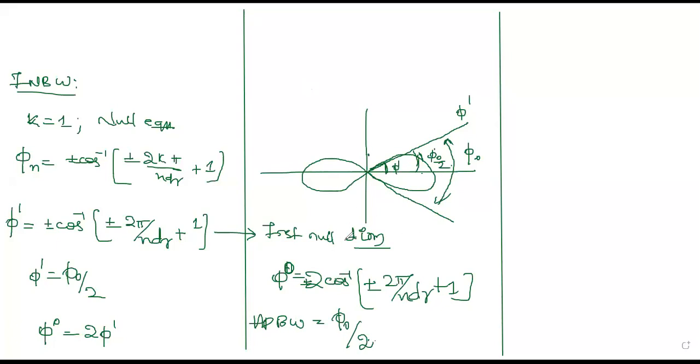Now this is actually the second case derivation. The same formulas, but a little bit changed. If you compare your end fire array and broadside array, you have +1 in all the cases of your end fire array, whereas that +1 is not there in case of your broadside array. So you should be able to remember the formula. The first null beamwidth of your broadside array is 2 sine inverse of 2 pi by NDR. Here it is 2 cos inverse of 2 pi by NDR plus 1. And phi naught by 2 again remains the same. We'll solve a problem, and you will understand when we solve it.